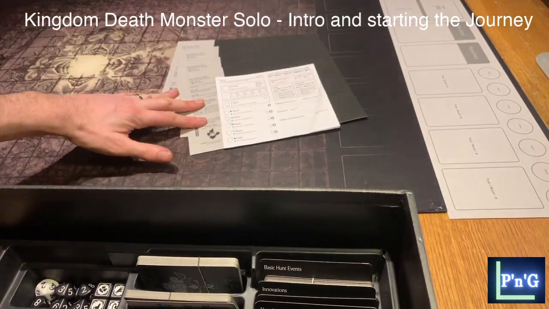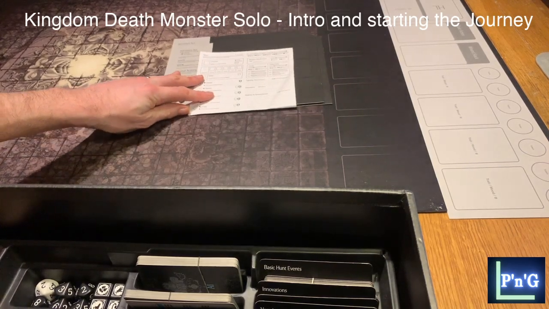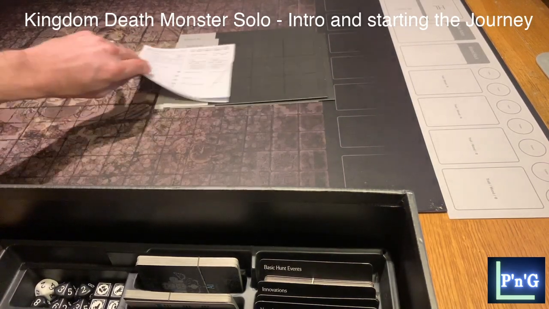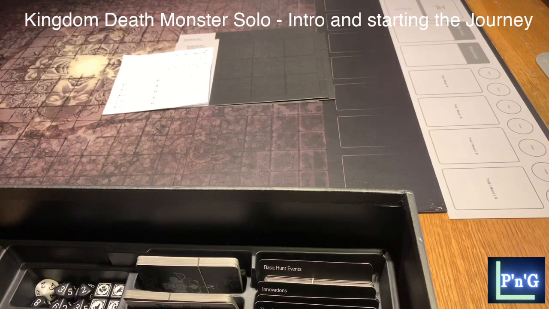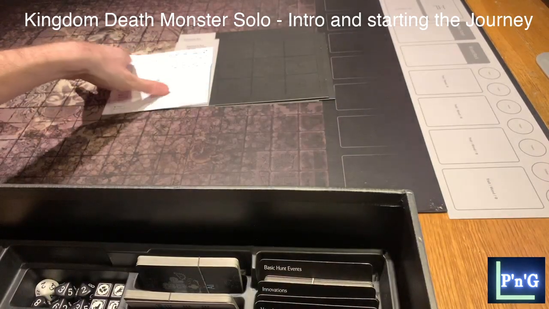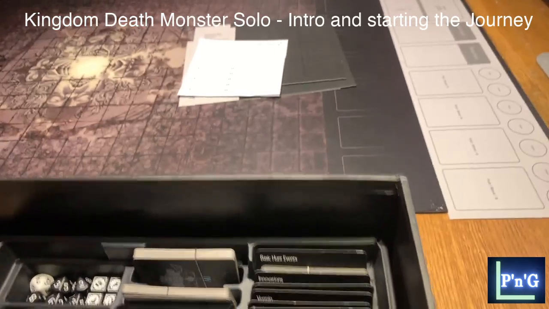The player boards: you're going to be playing with four characters every time, and there are character sheets to go with those. And this is where you put your equipment, or your gear, as it's called in the game. And then there's a whole other section to this game, which we will come to. So, without further ado,